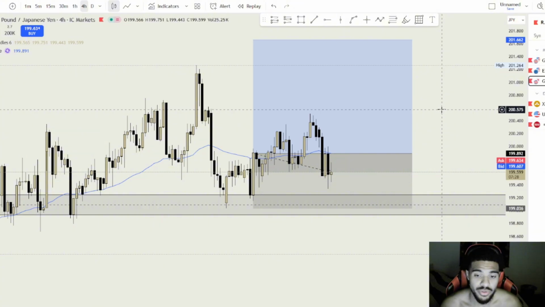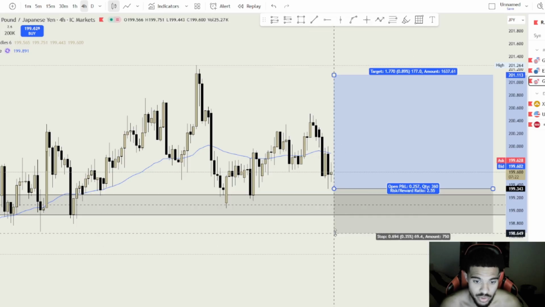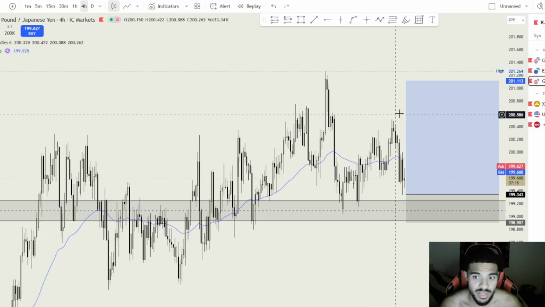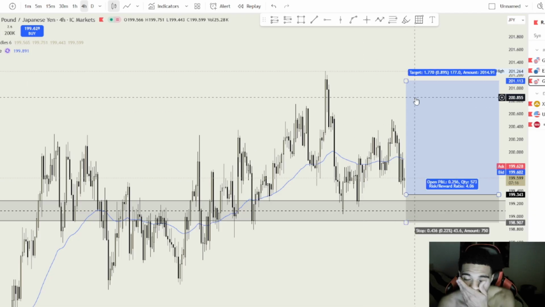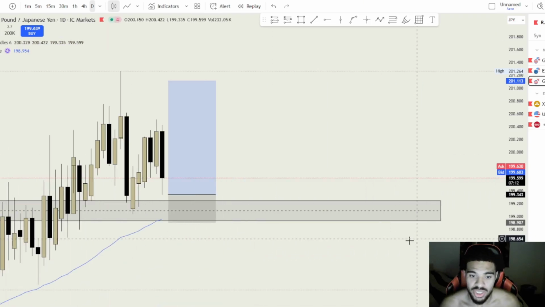I missed it. I was in euros. I took my trade for the day. But I prefer something like that around here, a smaller stop loss, and then obviously a bit of a smaller TP. You could have it higher, 1 to 3, but yeah, bullish on GJ at the minute.